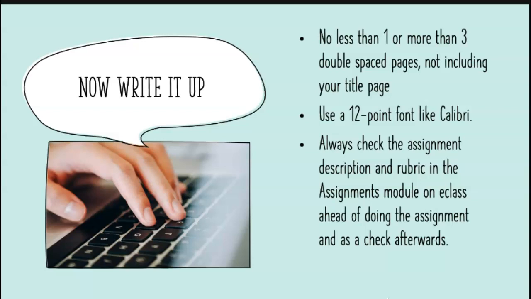That's the general area that I want you to aim for, because I want you at this point to be able to really concisely express exactly the process that you've gone through and the decision that you've made in getting there. I also want you to use a 12-point font with something like Calibri as your font choice, so that it's clear and can be seen clearly when I'm marking. That really helps me, and the double spacing helps as well.